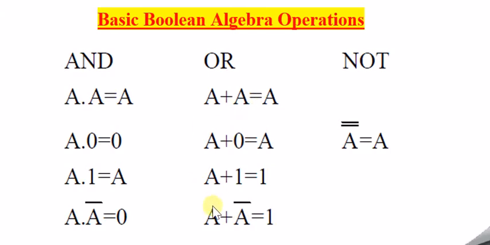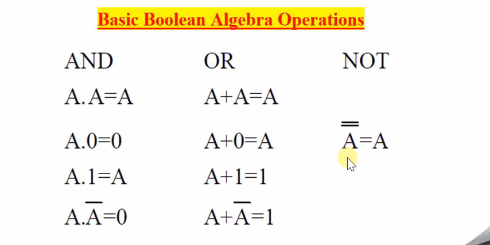In this way, you have to remember the laws or basic operations which can be performed in OR. One important thing where things will go wrong is A OR with 1: you have to remember its answer is 1, and A OR with 0, the answer is A. And A ORed with itself will give you itself, so A only. This is all about the OR operation, and next we'll go for the NOT operation.